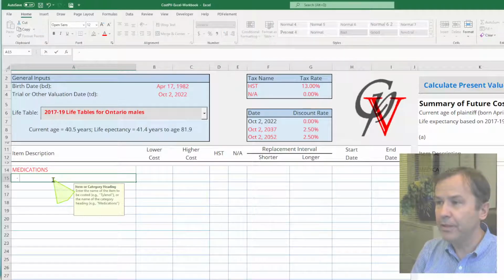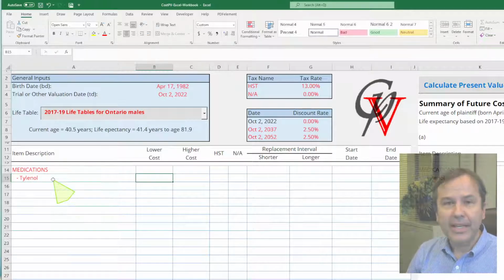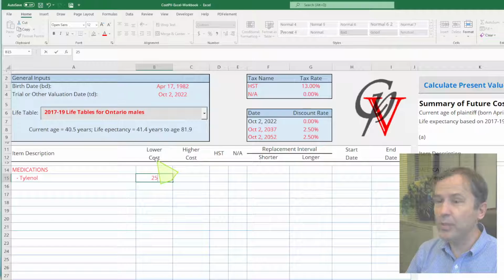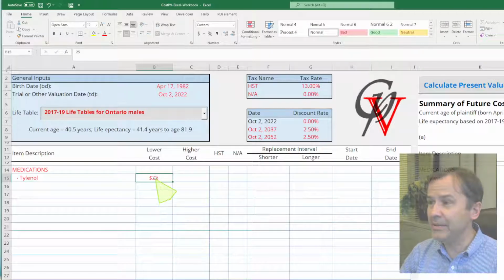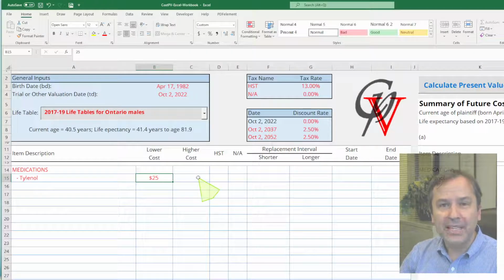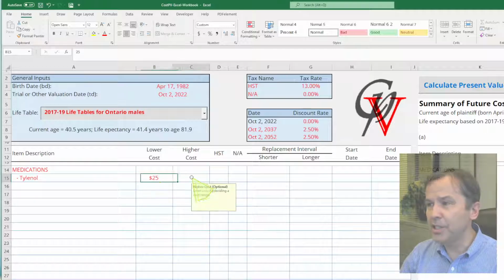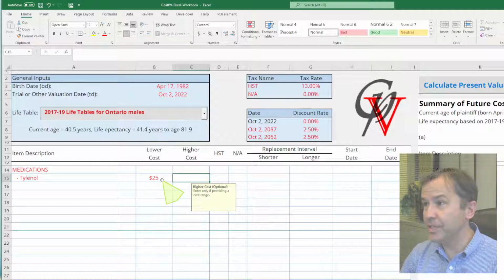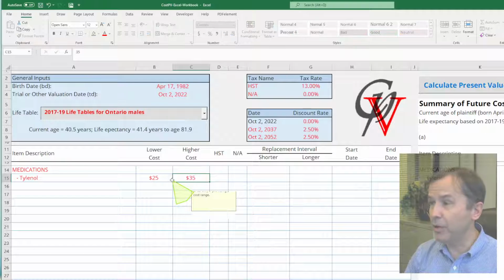So we might have Tylenol. And Tylenol might have a cost of, let's say it's $25. I would enter that in column B. Some items are provided as a point estimate, others as a range. Suppose it's not $25, but suppose it's $25 to $35 per year. Then what I would do is I would keep $25 in this column, but I would enter $35 in column